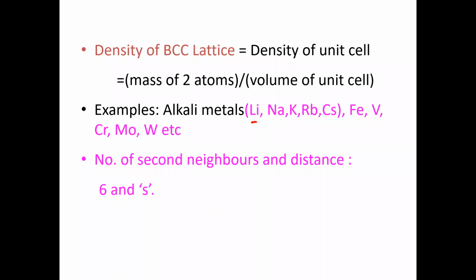So anyway, lithium will be found to crystallize in more than one type of crystal lattice. We'll see that. And there also I gave you one food for thought. The number of second neighbors for any given sphere is 6, right? And the distance between the second neighbors is a, because earlier I was taking s for edge length. But nowadays I am taking a, so I have made corrections. And if you find s anywhere, you make it a.